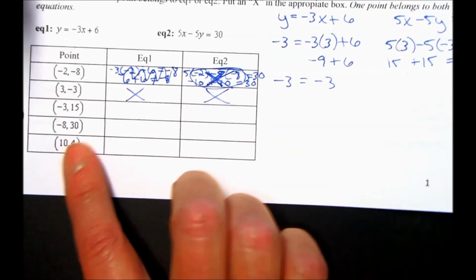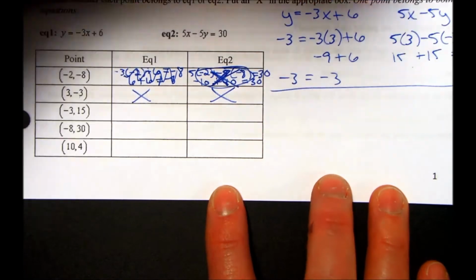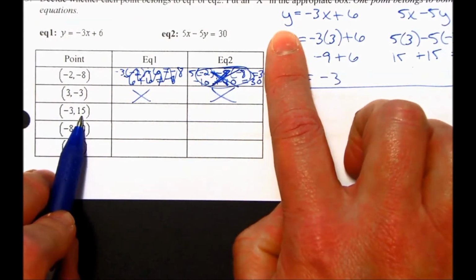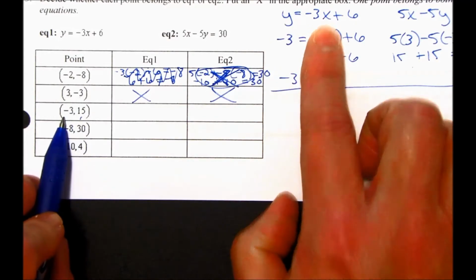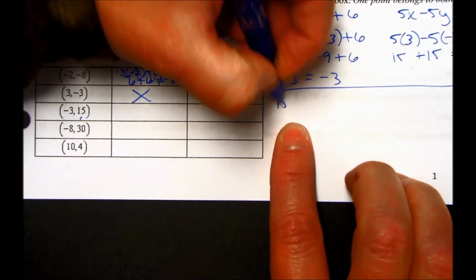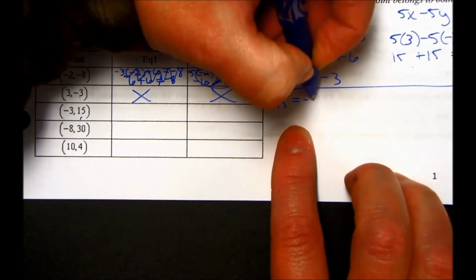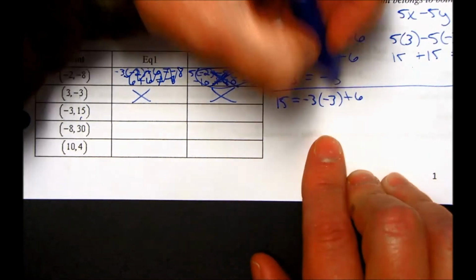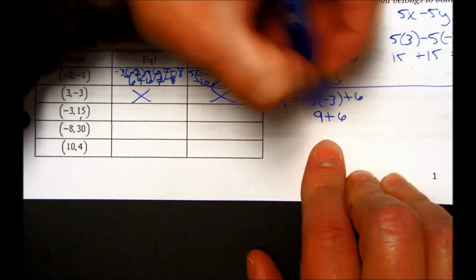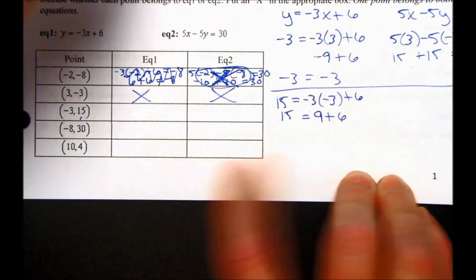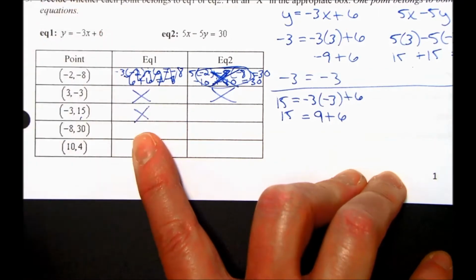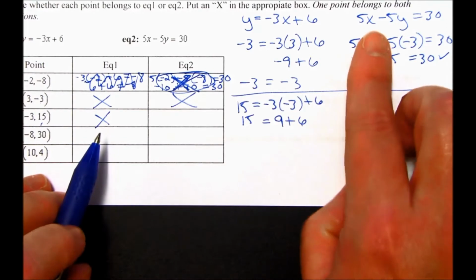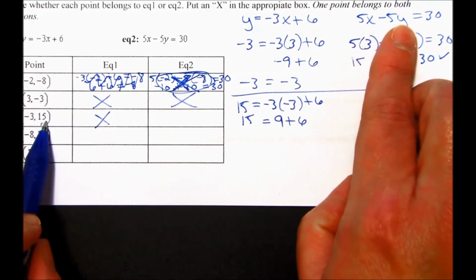Alright, so now we're going to try the third one. Again, we're going to substitute y is 15 and my x is -3. So plug in 15 equals -3 times -3 plus 6. -3 times -3 is a +9, plus 6 does equal 15. So this is a solution. Now try it into the other equation. So if my x is -3 and my y is 15,